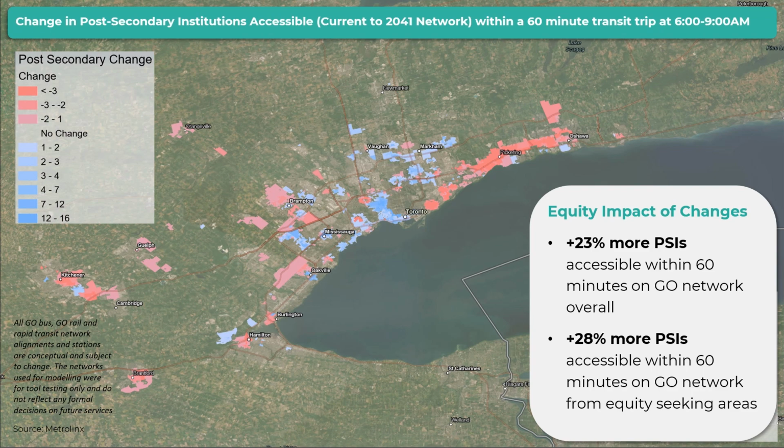So due to the bus network itself being aligned to leverage the improvements to the rapid transit and GO expansion program, when we look at the bus network individually, it does actually reduce accessibility. And I'm simply saying this to highlight that we need to be very careful in interpreting results of the tool. If we look at the bus network in isolation, it looks like things are getting worse. But we need to continue to consider the impact. For example, in that Durham area, there will be 15-minute GO rail expansion, and the Durham-Scarborough BRT is a planned project. So we'll be looking at that to offset the reductions in GO bus service. So good news story overall, but if you look at this in isolation, it could be misleading.